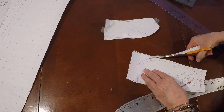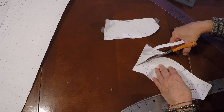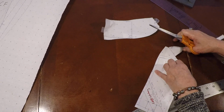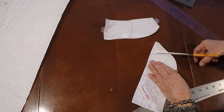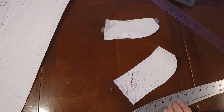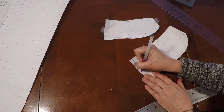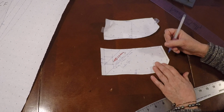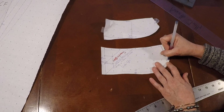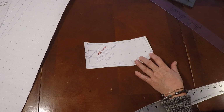Now this has all the seam allowance in it because you took the draft and you made the under collar. It has a 1/4 inch everywhere. You have your shoulder notch, your center back notches. You can also choose to have a notch right here where this sews to your lapel. Now you're going to take your under collar,